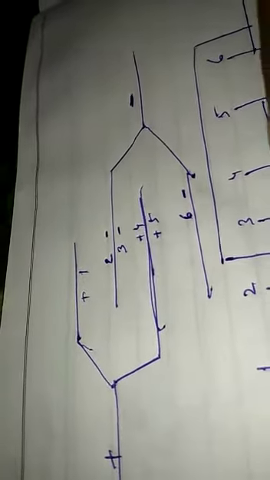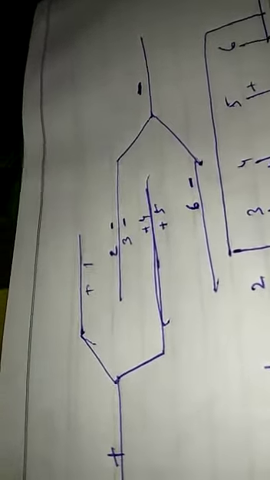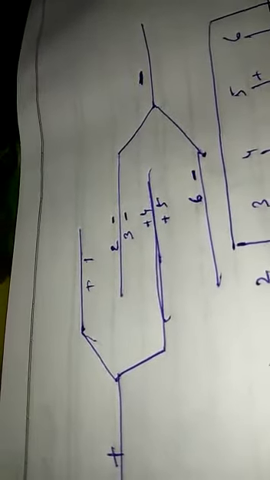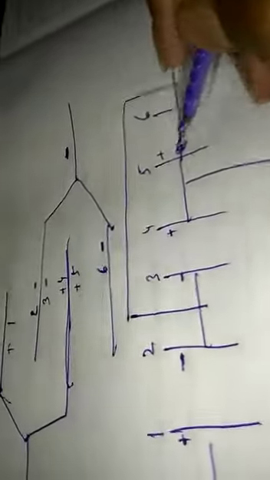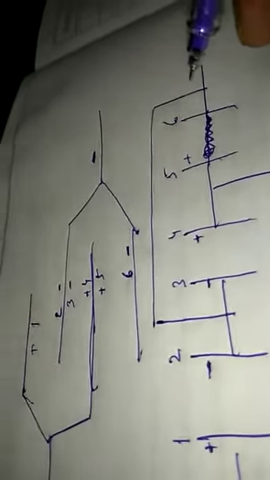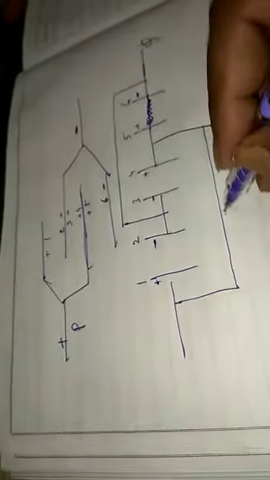So the charge on 1 is positive and on 2, 3 negative. So 2 is negative, 3 is negative. 4, 5 positive. 4 is positive, 5 is positive. Sorry, by mistake I have done this. And your 6 is negative. Clear? And you have to put x and y, p and q. So this is your point P and this is your point Q, and you have to find the equivalent capacitance of this figure.